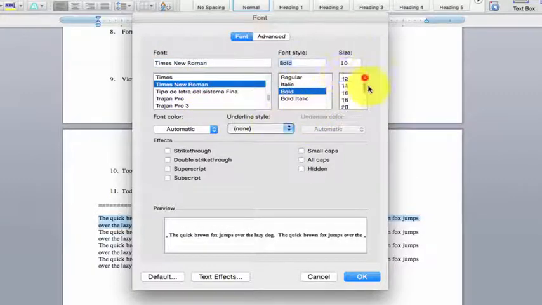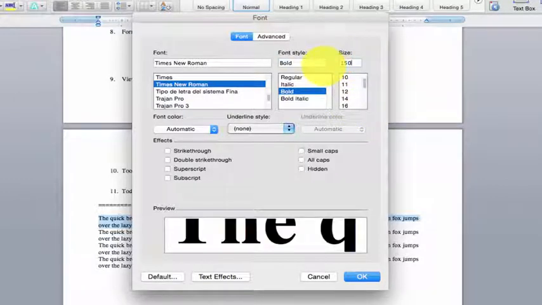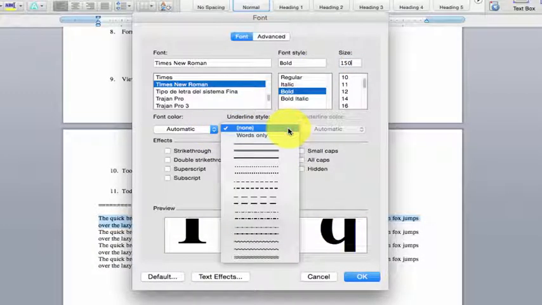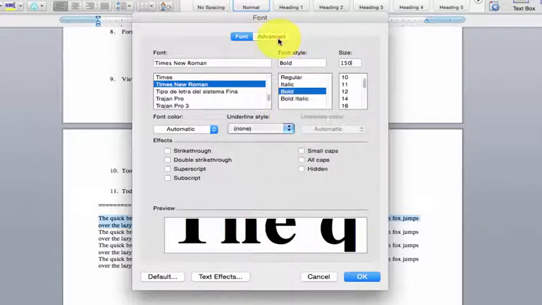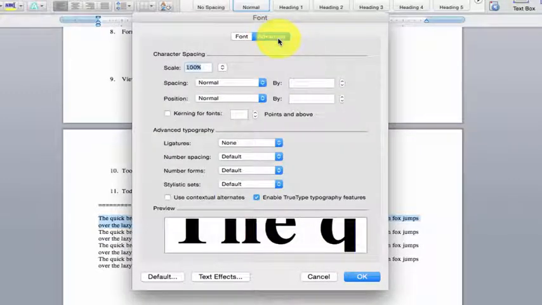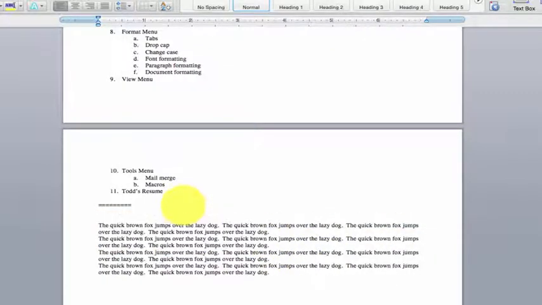And by the way, even though this list only goes up to 72, you could type in something here like 150, and you could see it get really large, and that's kind of cool. You could choose the color. You could choose the underline style, so you have a lot of options there. You also have this advanced option right here, and I really find this advanced option useful for